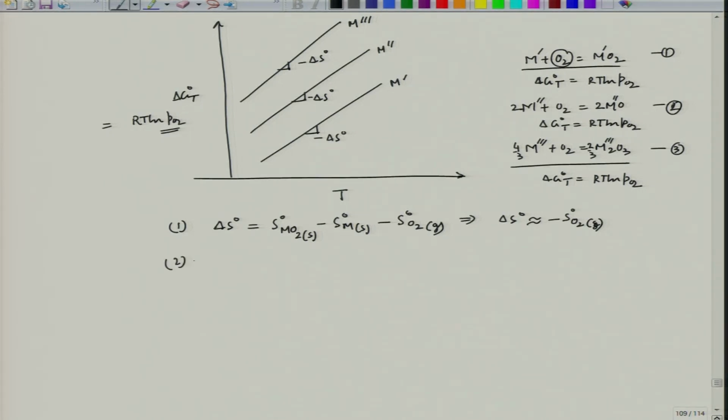Case 2, for equation 2, I can write del S 0 equal to 2 S 0 MO minus 2 S 0 M minus S 0 O2 gas, which will also become del S 0 equivalent to minus S 0 O2 gas. So, I could see that their slopes, and similarly third case